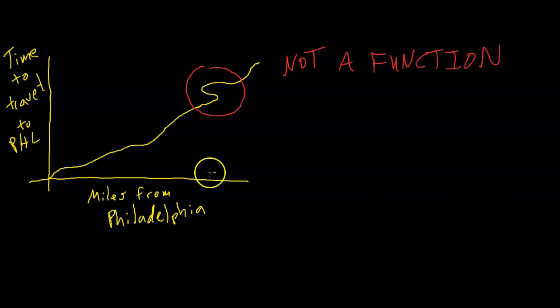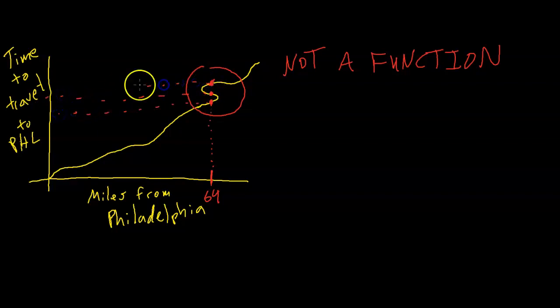Well, let's take a look at what an input would be right around here. Let's say this was an input of, I don't know, 64 miles, okay? And what would the output be? Well, according to this graph, an input of 64 miles would have, look at that, 3 different outputs, right? It would have this output here,